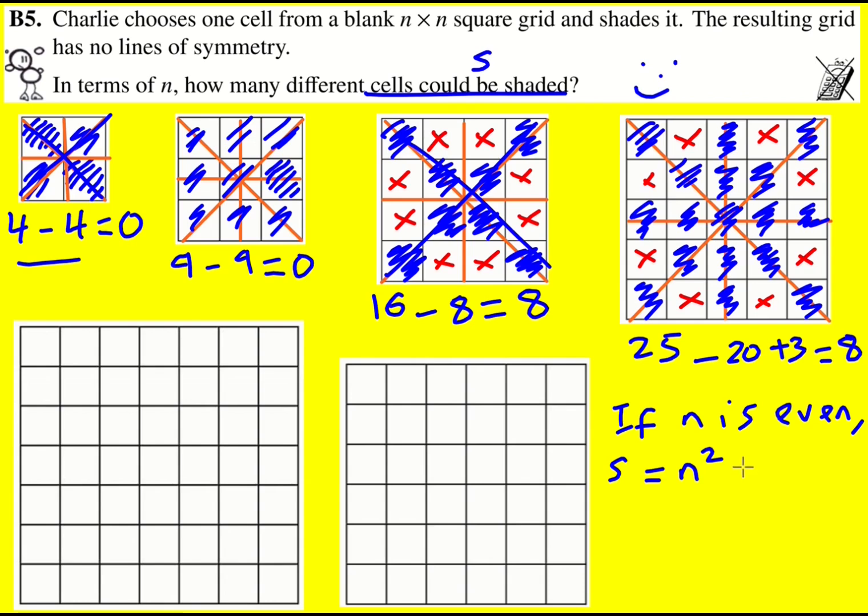So it feels like I've got n squared, and then I'm going to subtract n, because I'm going to get n along one diagonal, and then n along the other diagonal. So n squared minus 2n. I could factorize it, but I think it's okay to leave it like that. So that's basically my prediction, and you have to explain why, since the